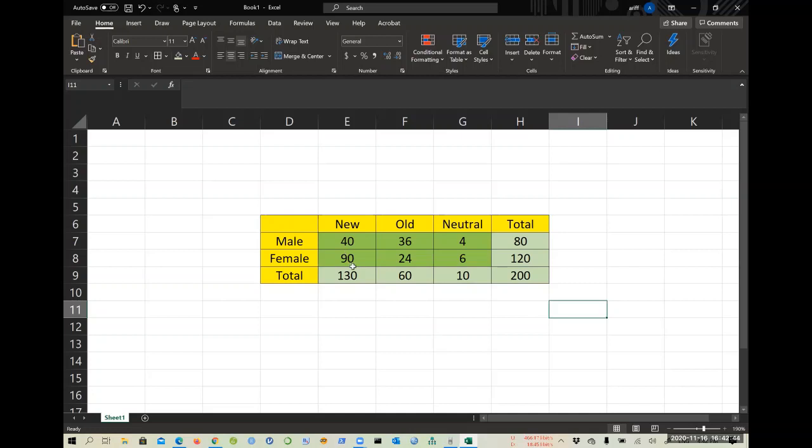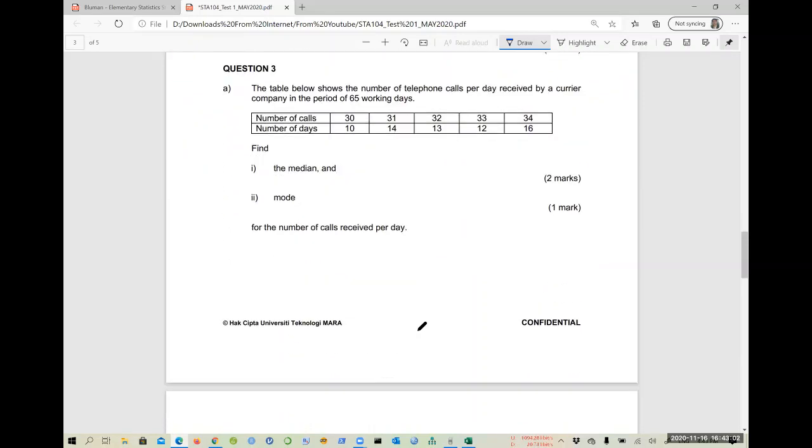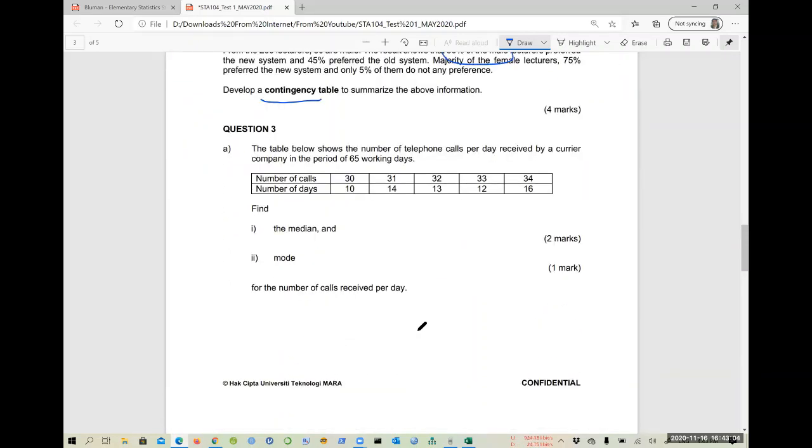So this will be the contingency table, and of course you have to write the title over here. This one is preferences, this one is gender. Okay, you have gender over here, and here will be the preferences, right? So let's look at another question. So that is for question number 2, and then question number 3 refers to